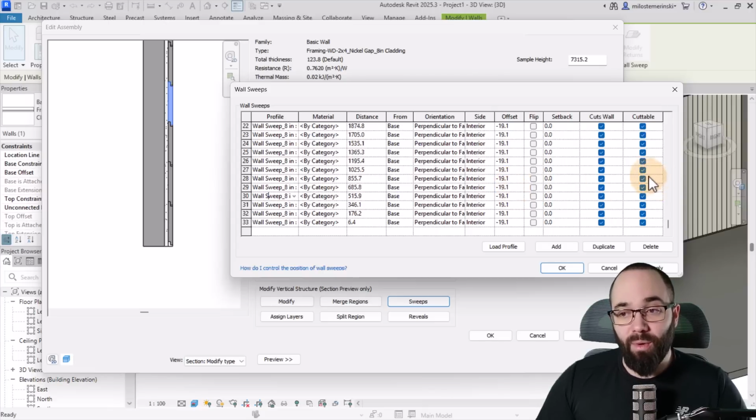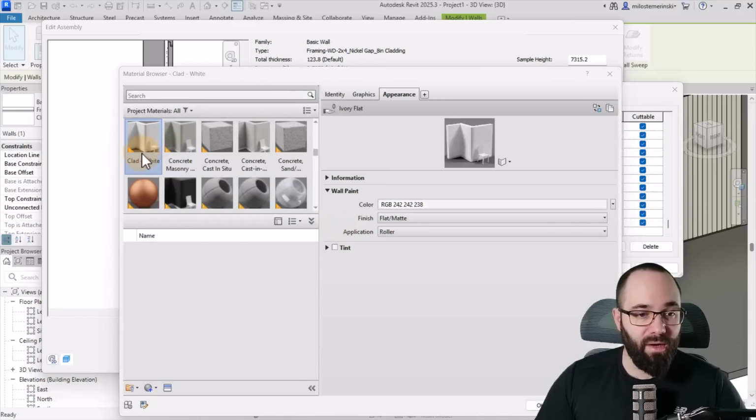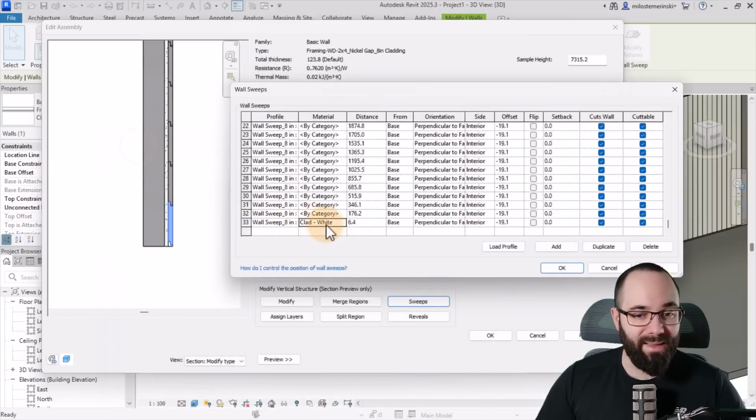And really important is the cuttable option or checkbox, and you want to have this checked on, so when you place another window or another door, it's going to actually make that opening. Okay, so now we can change the material if we want. So for example, if you want to change the material here, I can just place it to white cladding, and